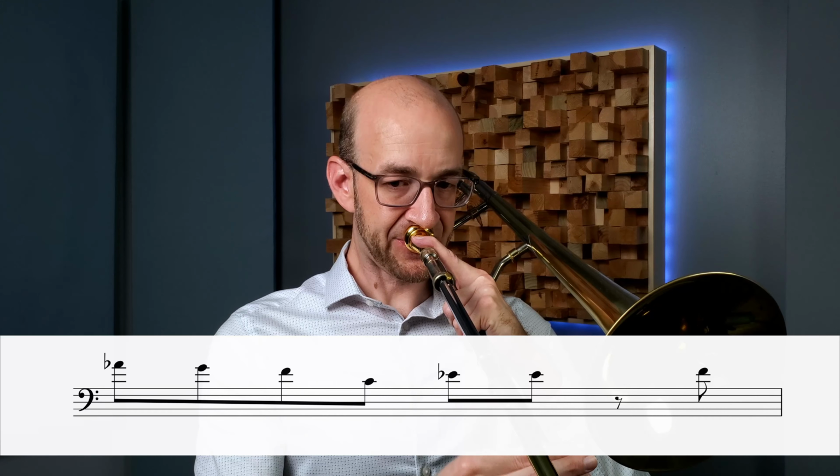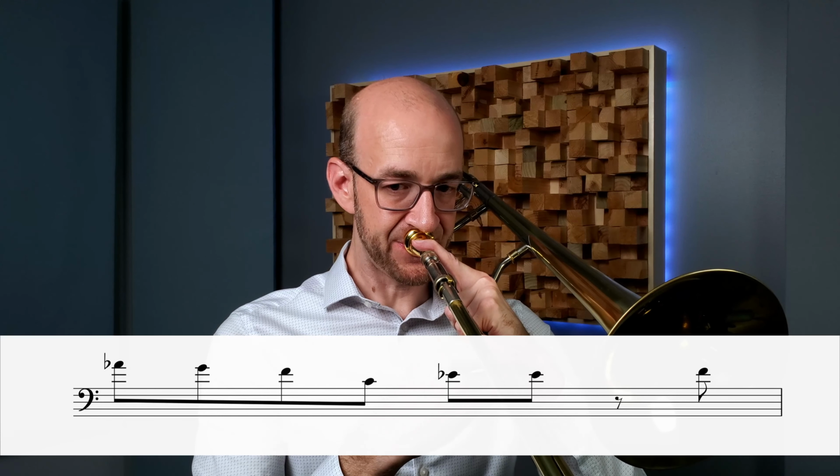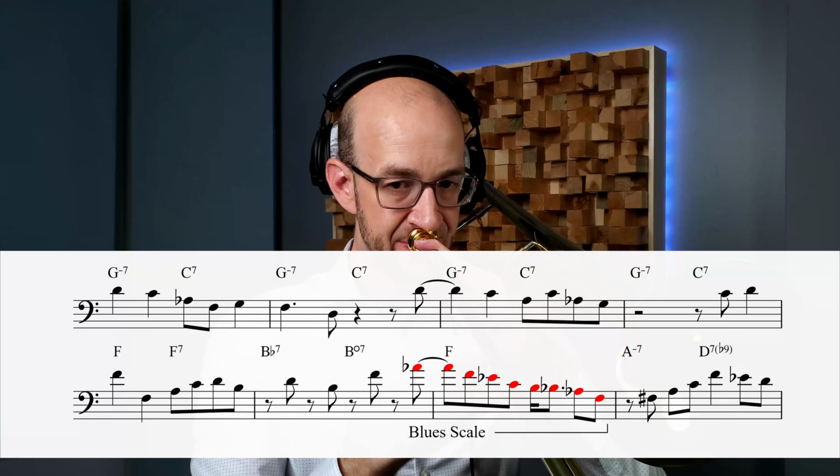Don't feel like you got to reinvent the wheel with these sort of ideas. Just simple, clear, swinging scalar ideas work great. As you heard in that last vocabulary example, the two scales don't have to live independent from each other as well. They can sort of mix and match in a lot of different ways. So again, if we put this in application, I'm just going to play two of the A sections that I already played, one of the more blues-oriented ones, one of the little bit more bebop-oriented ones, and just stick these straight-up blues scale ideas to end off phrases, and it's going to just give things a sense of inevitability in the best way possible.